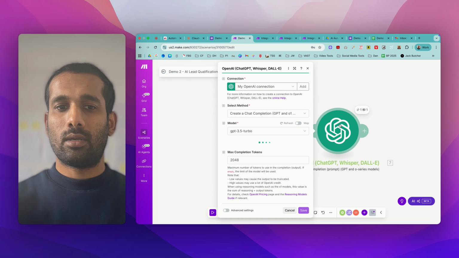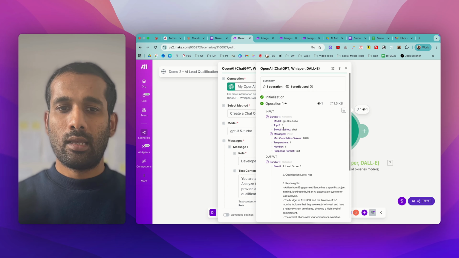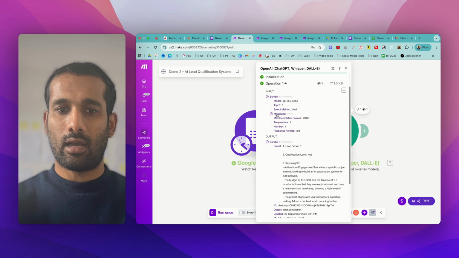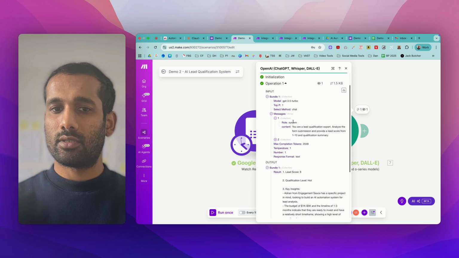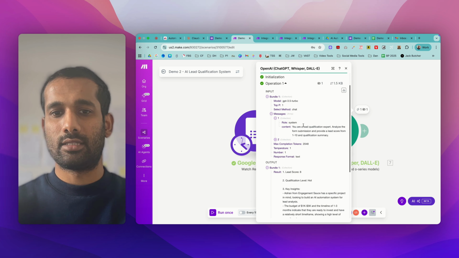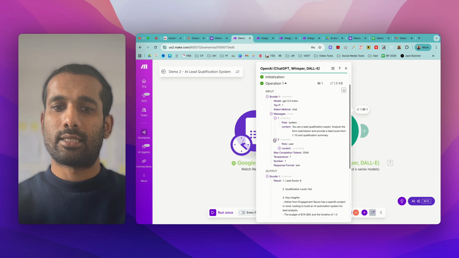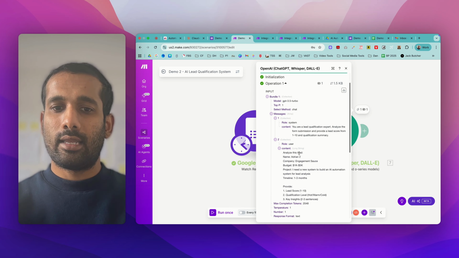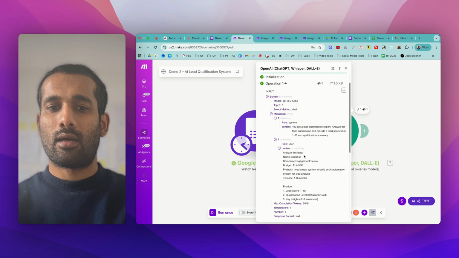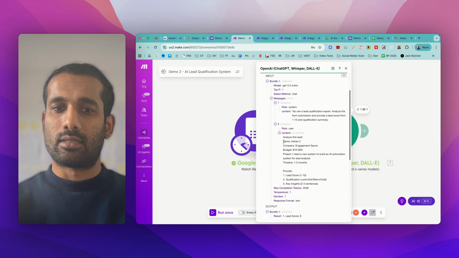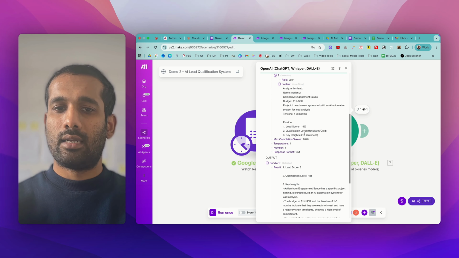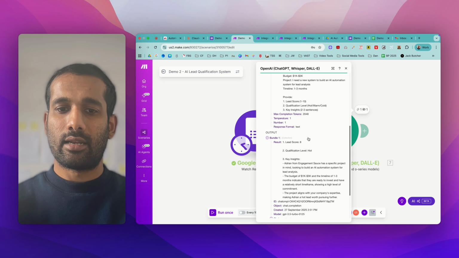But now what you will notice is, in the OpenAI model here, if we check what the input is, for the messages, the first message is the same. It's the one we sent the system, giving it its role. But the second message inside this content, can you see now how clean our data object or our content looks? The name has the exact name, company, the exact company, budget, project, and so on. And so now we've given it this provide lead score, qualification level, and key insights. And if we check the output of this, it gives you your lead score, qualification level hot, and the key